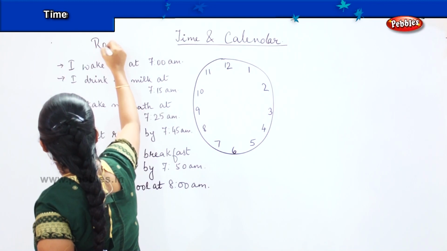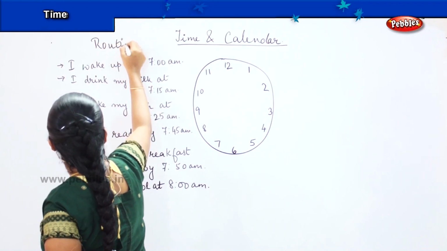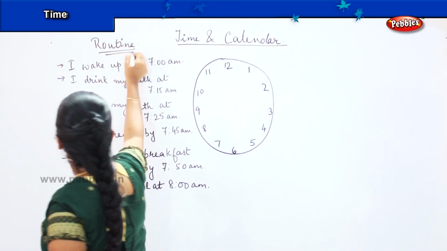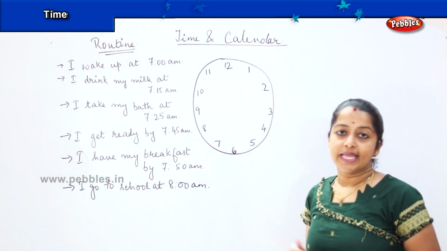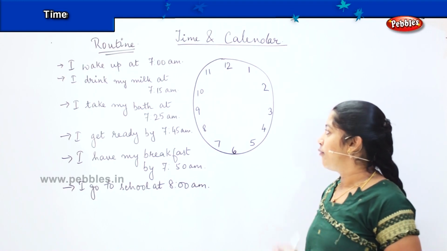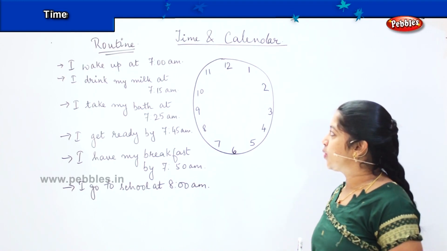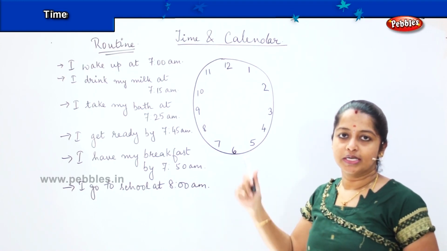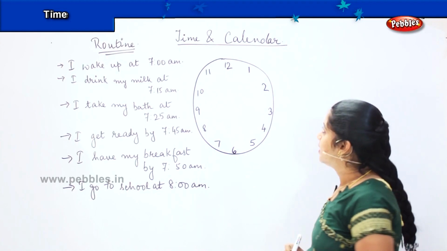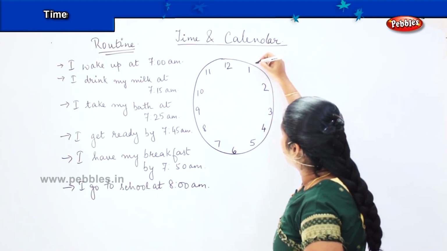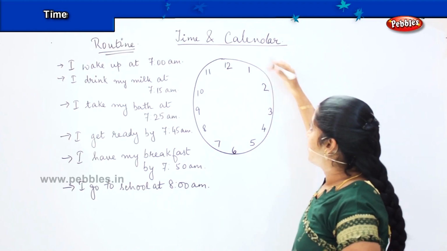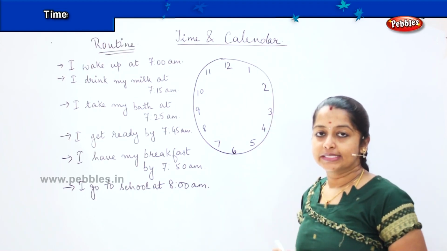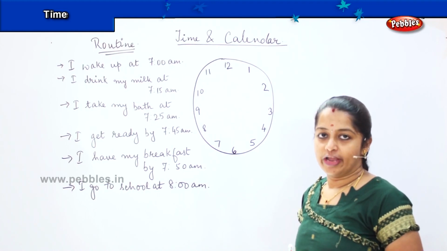This is my daily routine which I follow while going to school, right? So now I will teach you how we will trace the same thing in the watch, which will make it easy to understand how the time works. Okay. So now children, from 1 minute to the second digit, that is from 1 to 2, it is calculated as the multiple of 5.